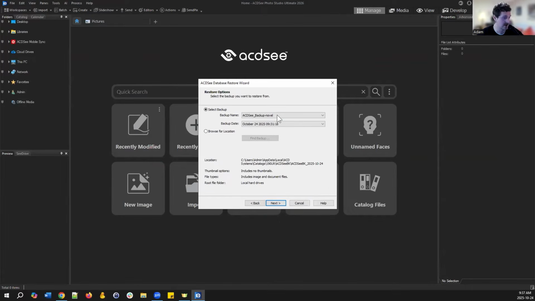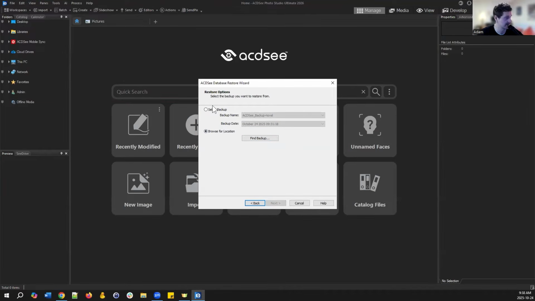and the restoration in this case is going to occur based on browse for location because it's not looking in the default location. We're then looking for it in a new location. So basically, to answer CB's question, you can restore to a different location. We would just need to understand where the original location was when we saved the backup. And in my case, the example I gave is, I was worried about hard drive malfunction, so I saved this to an external drive. I then just need to know which external drive that is